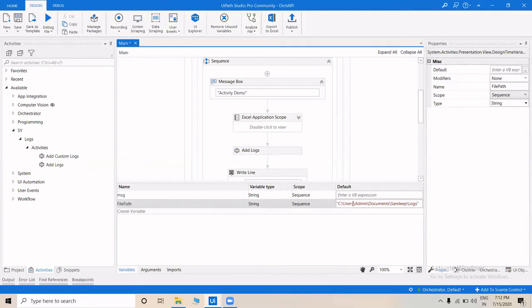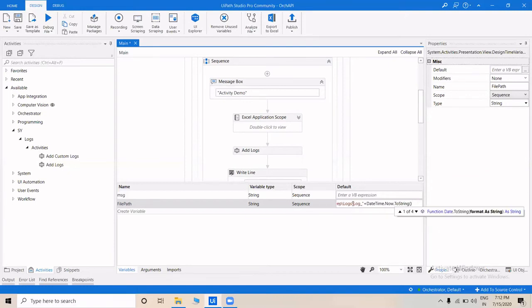So this is the path, and the file name which I want to keep is a name that indicates which day this log file is of. So I'll append the date time to this log file so that it's very clear from the name itself which day this particular file is of.